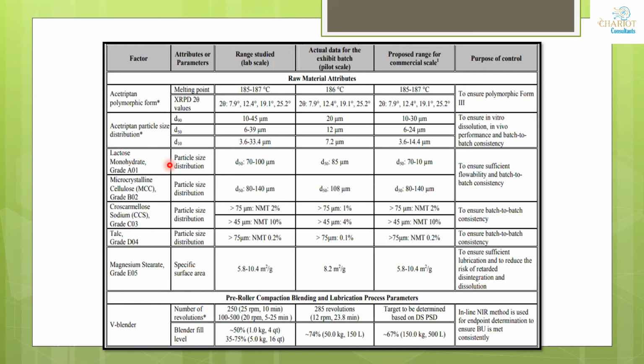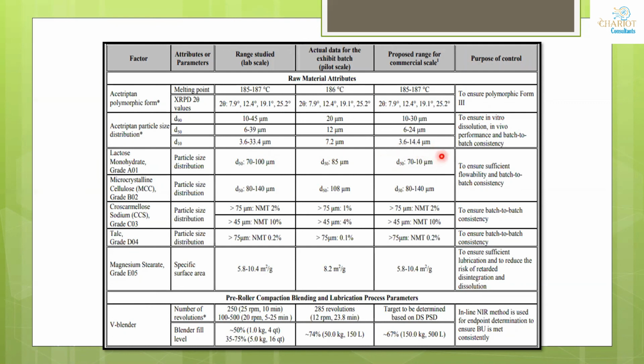But for the excipients, the inactive ingredients that you are taking from the vendor, you need to take his commitment that whatever excipient I will be using should be within this range. If I talk about lactose, the lactose that I am getting from the vendor, I studied in the lab from 70 to 100 micron, and for the exhibit batches or the filing batches, I used 85 micron. But when I used 70 to 100 micron, I didn't find any issues with my product or process, so I will keep it as 70 to 100. This is, I think, miswritten. It is not 10, it is 100.